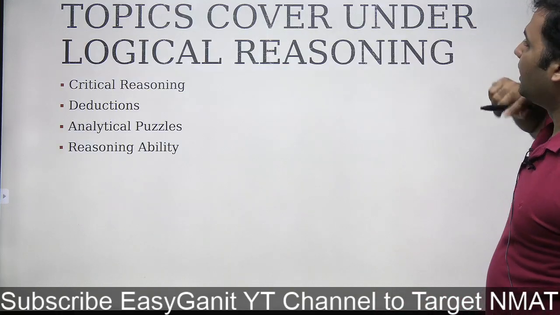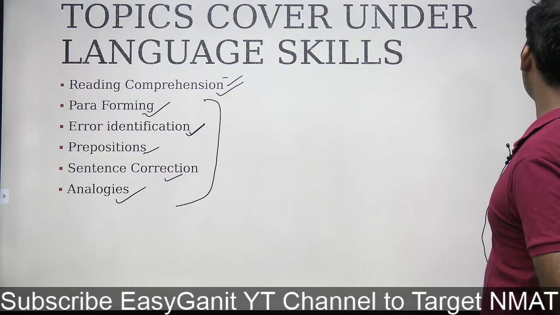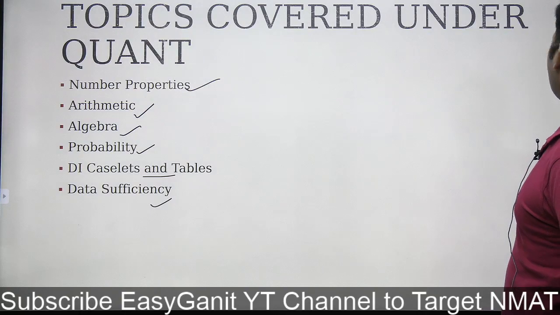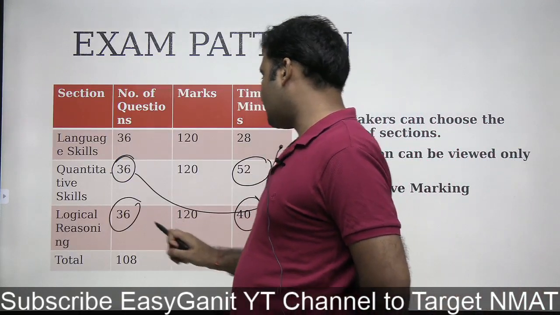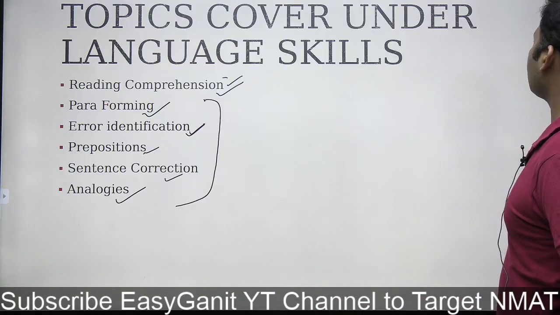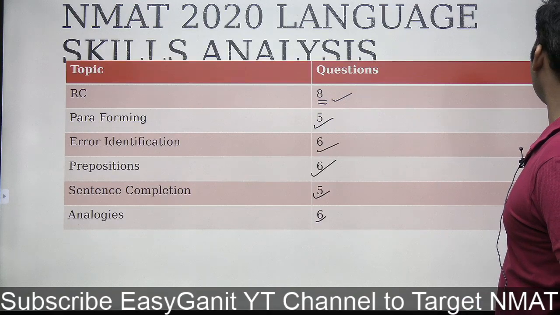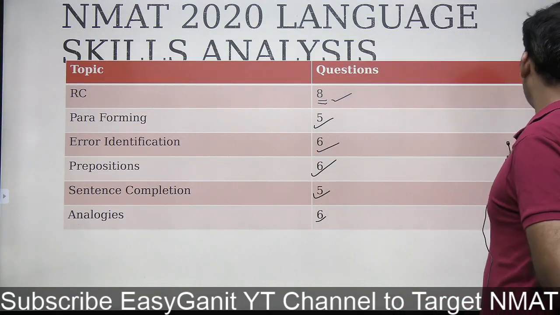Okay. Talking about this section, logical reasoning, guys, right? LR section, you can see in the exam pattern of NMAT in LR, what do we have? We have a total of 40 minutes, 36 questions. Cutoff is again the same as 76, right? आपको 120 में से 76 number लेके आना है बच्चों. So approximately again इस section में भी आपको 25 से 30 के बीच में question सही करने रहेंगे.